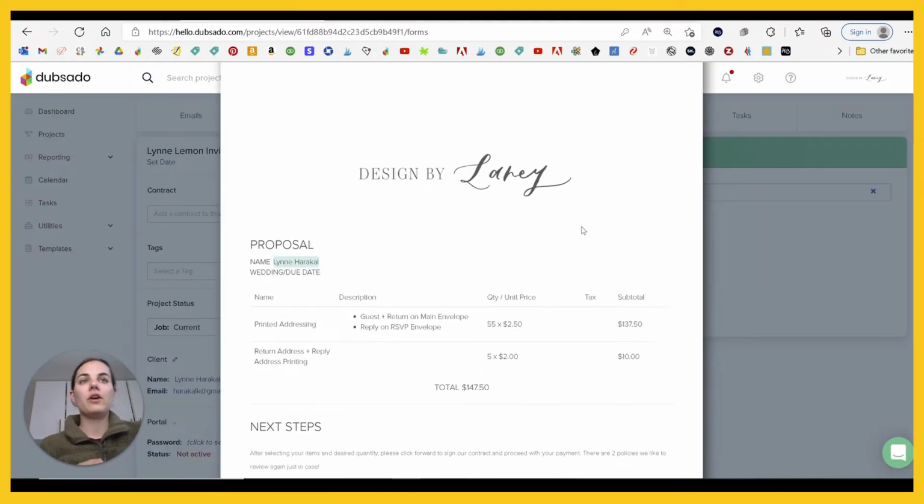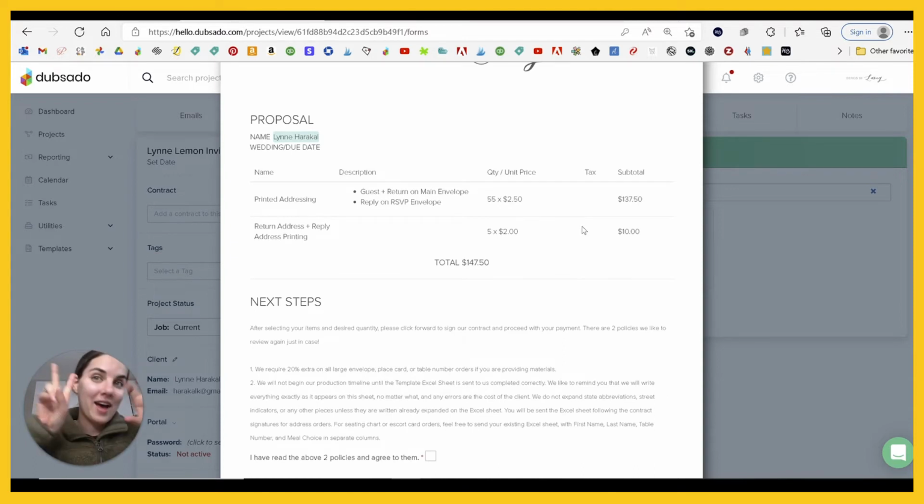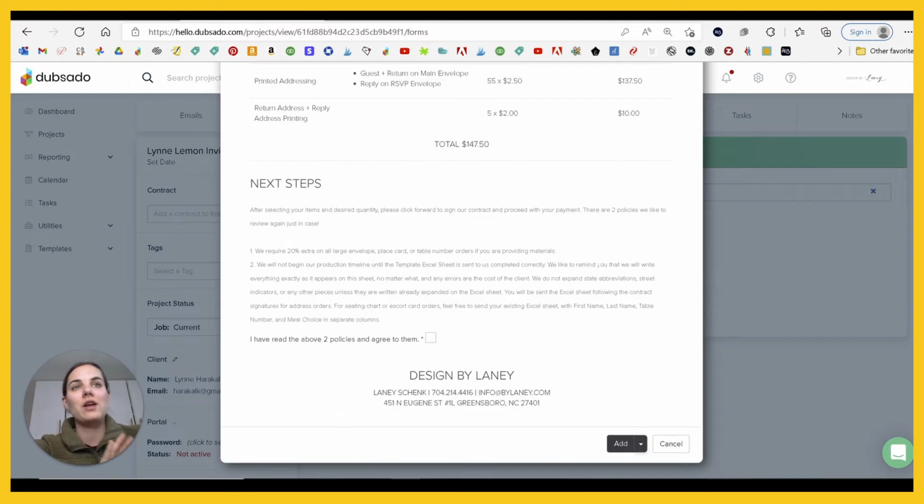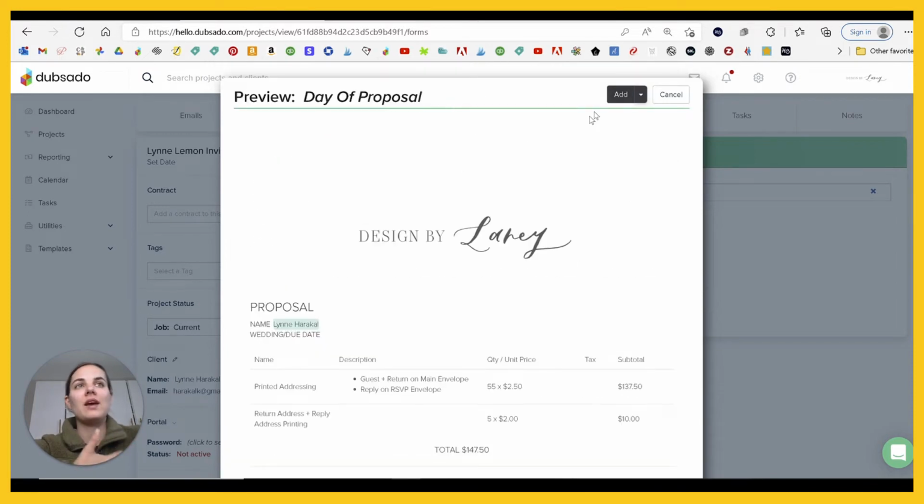it will load the preview and you can see it's replaced all of that nonsense, all the green pieces, with information from their job. So this is the client's name, their wedding or due date. We don't have one for this particular client, but then we've replaced the invoice with the entire invoice. So everything that's on the invoice and the total right here. The invoice is already built, but we're sending it out to them as if it's a proposal, as if it's brand new. And then when they click through everything, they'll be able to pay the invoice, sign the contract,